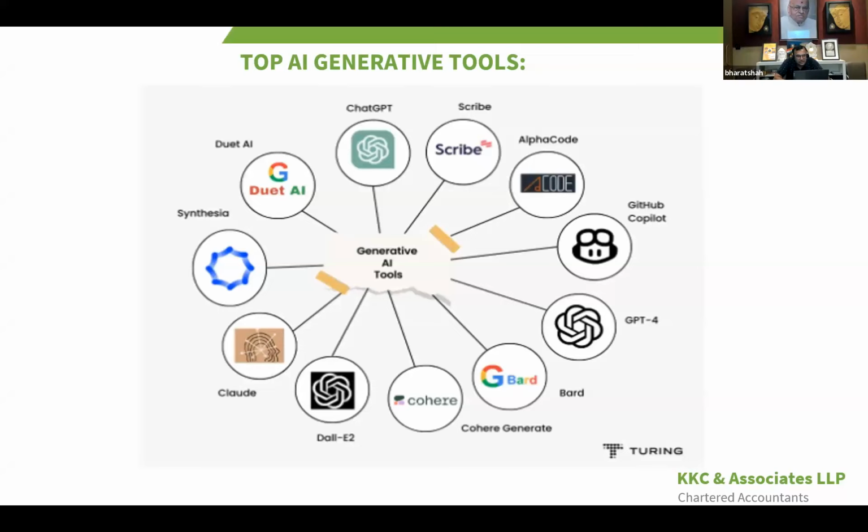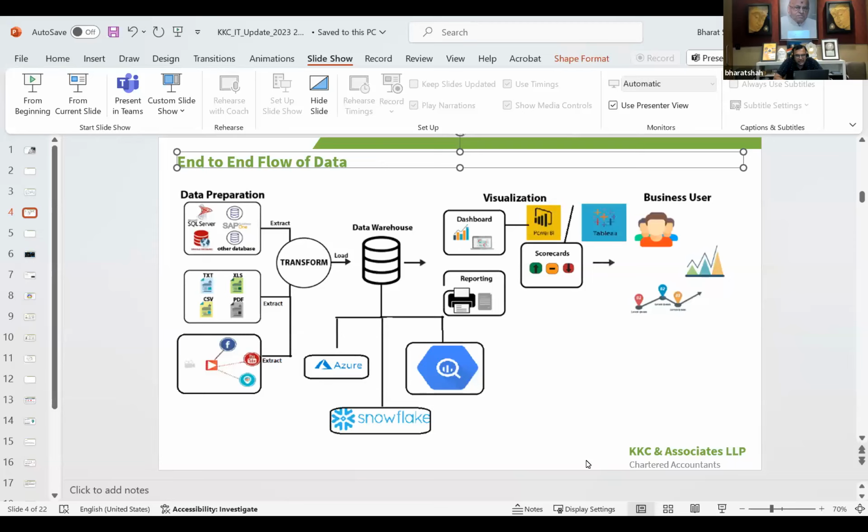Any questions? I'm just trying to get back to the slides, but I'm almost done with the presentation. From an analytics perspective, we will move to IT governance. But before handing over to Kaushal, I wanted to check if there are any questions. As of now, there are no questions. Okay, sure, so I'll hand over to Kaushal.